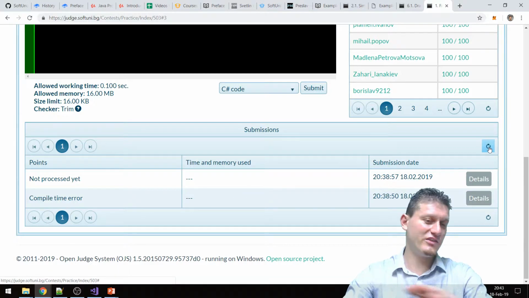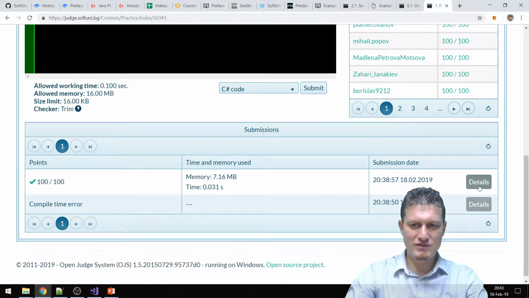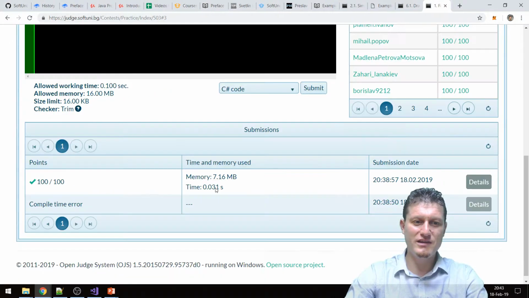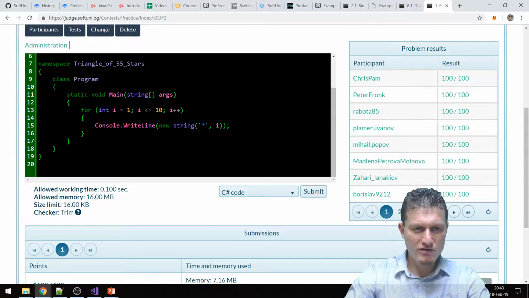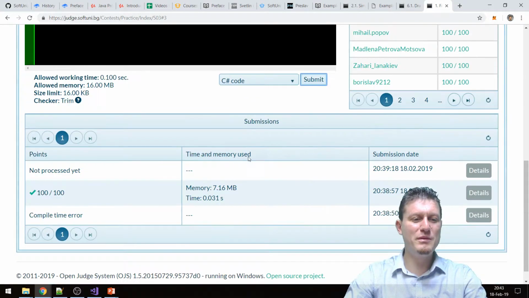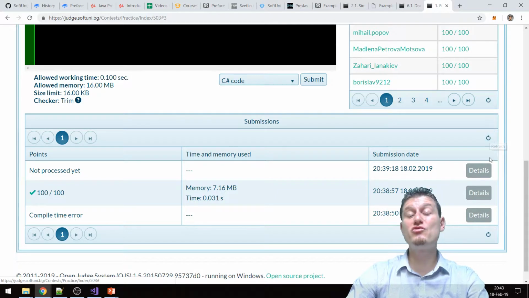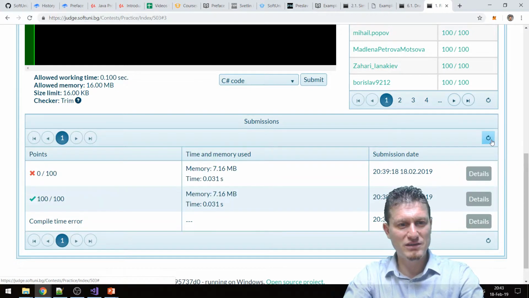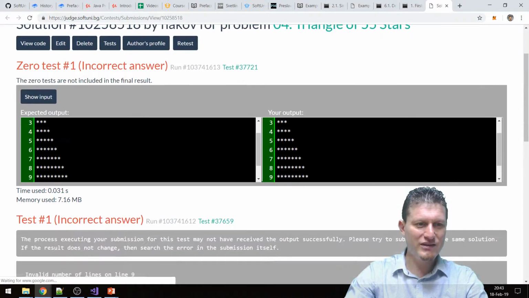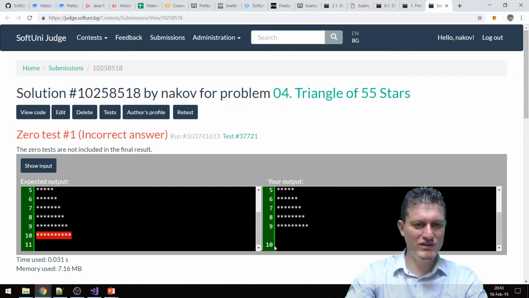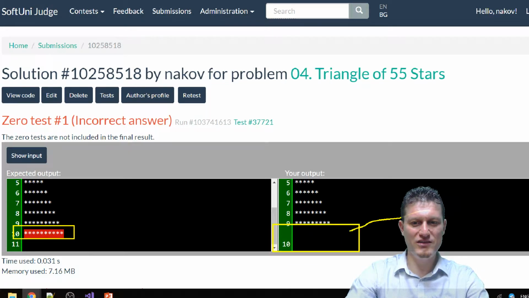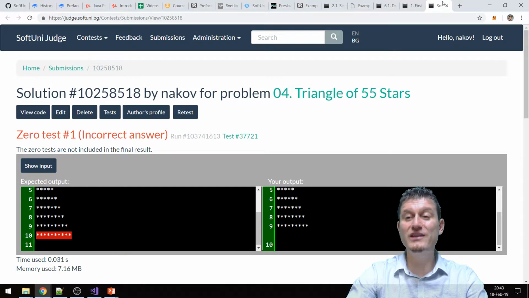This is free. This is a 24/7 service provided by the Software University, and it says okay, everything is correct. So if I put a wrong solution, for example like this, it will be partially correct, and the judge will show me where my problems are. So it's not only about correct or incorrect, but it will also tell you where the difference is. See, expected output is this and your output is this. It's obvious that the 10th line of the solution is missing in my solution, so it's incorrect.